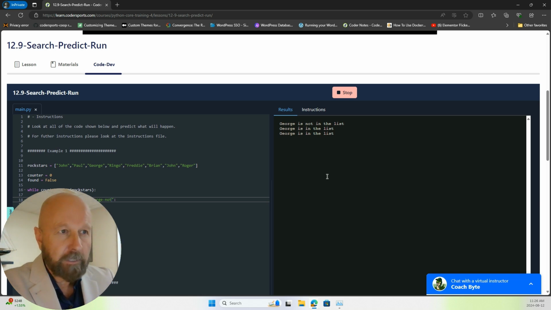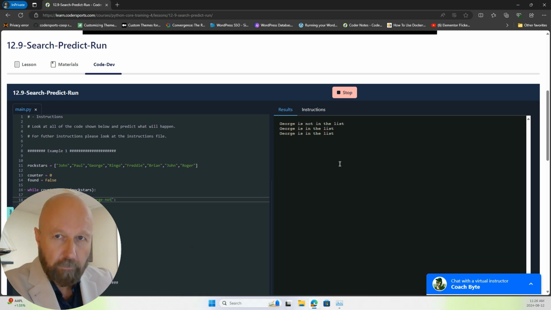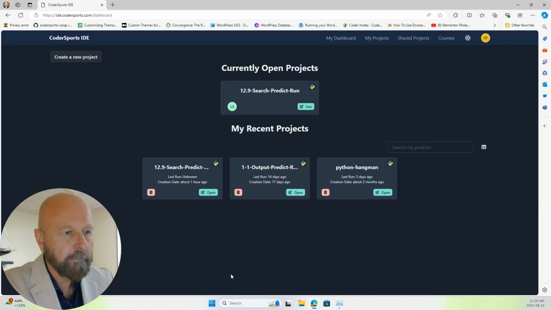While the student is doing this, and this is one of the great powers of the Coder Sports environment, you as the teacher can be not only viewing their work, you can even collaborate with the student in real time. Let's take a look at the teacher interface now. If I go back to this initial screen that we were looking at for Coach John, or the teacher, me, I can see that one of my students, Lisa Student, and in fact, if I hover over this, I can see exactly which student,